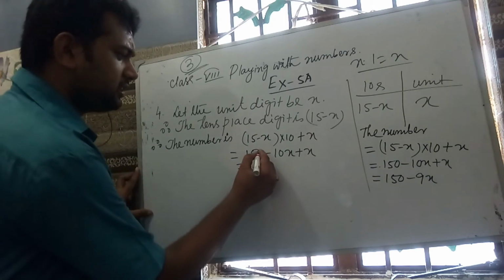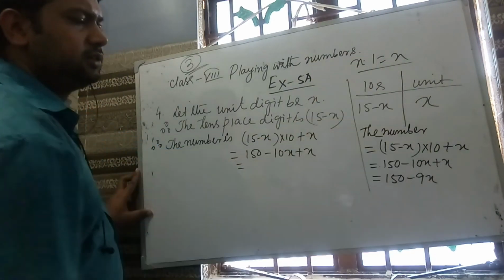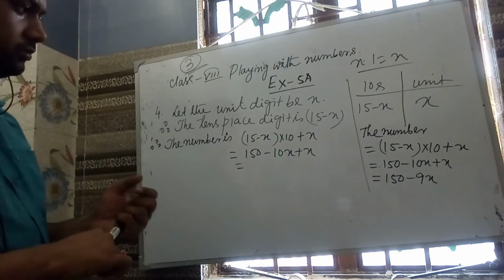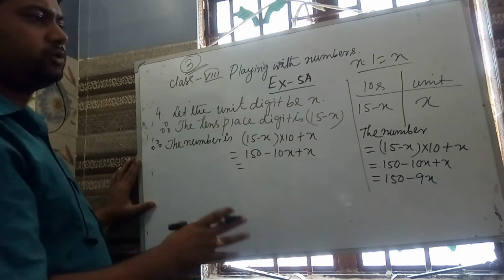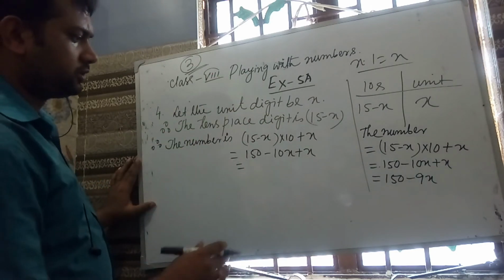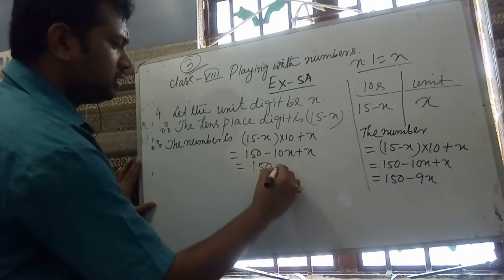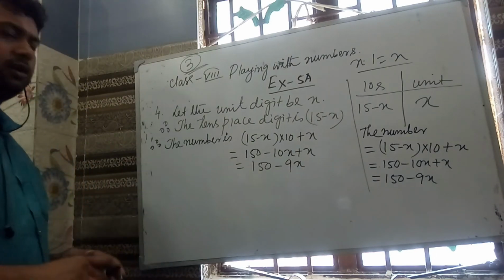We are writing these things here to make the concept clear to you. So this is our actual sum, and this is how you have to do it in the exam. So 150 minus 10x plus x, that is 150 minus 9x. Okay. Now look,